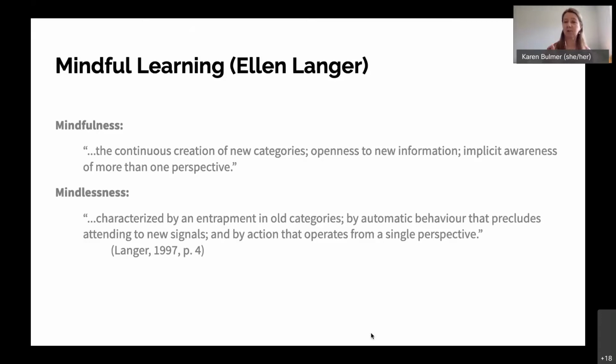And I really like this way of thinking about what this type of learning is and why we would engage it. One of the reasons I became interested in contemplative pedagogy was noticing this quality of mindlessness in some of my students, and looking for ways to enlarge and enrich the types of perspectives and the relationship and orientation to information and experience that my students brought to the classroom.